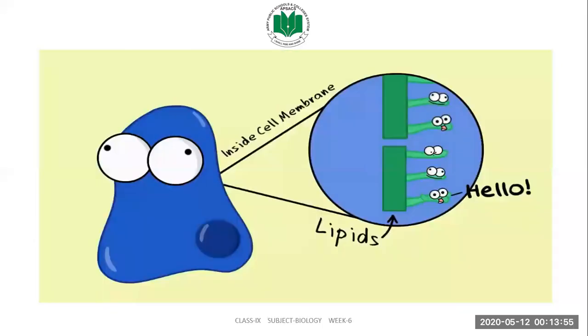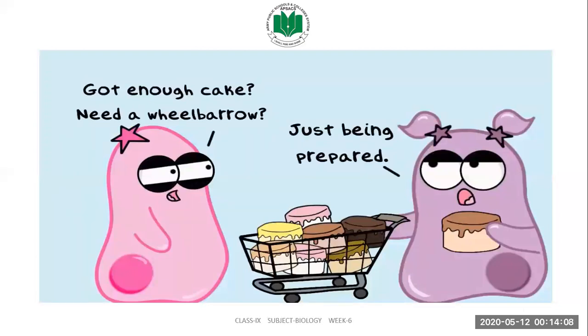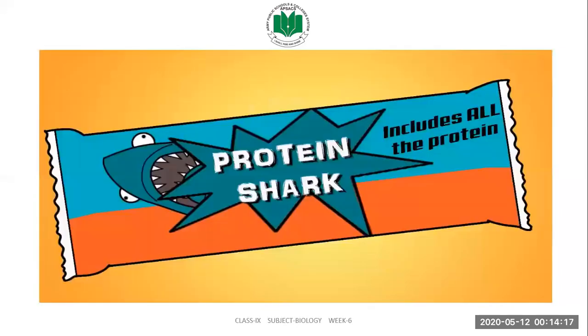Lipids also make up cell membranes, so they are very important for life because all living things are made of cells. Of course, an excessive amount of lipids could be a bad thing for your health. Remember, it's all about moderation. Okay, next, proteins. Now, when you hear about proteins, a lot of times you might think about power bars. They say they have a lot of protein in them and that they help with muscle building. Well,